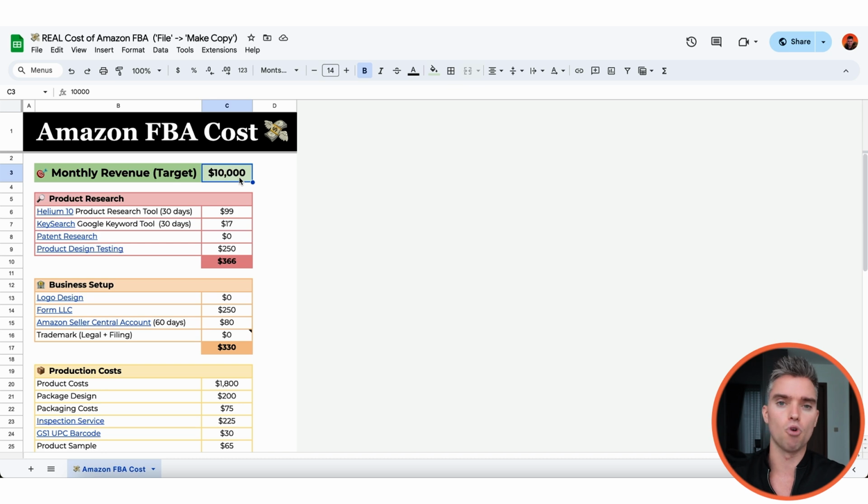So most of these will come in the form of a Google spreadsheet like you see here, which I'll cover and show you exactly how to use. Super user-friendly. You can access for free as long as you have a Gmail account. If you don't have an @gmail.com account, it's free to create. So create your Gmail account or use it, and you can get access to everything and immediately start using these